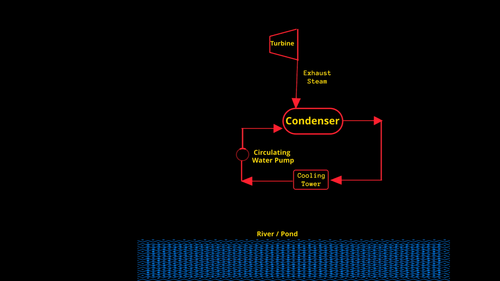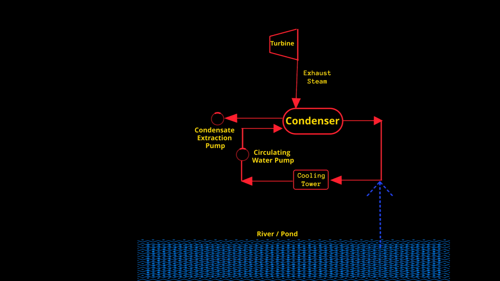This raw water will be cooled by using cooling towers. After being cooled by the cooling towers, an additional amount of water from ponds or rivers is added. The total raw water is again passed to the condenser, and again the condenser condenses the exhaust steam into demineralized water. This demineralized water will be pumped by the condensate extraction pump. While the raw water again gains heat, for cooling purposes we will pass the raw water to the cooling tower and reduce the temperature. This cycle continues.